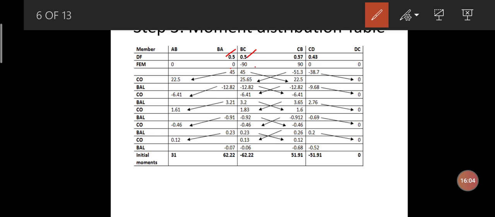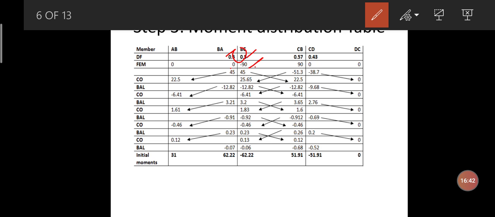So minus 90 is the unbalanced moment, wherein I need to distribute it between BA and BC as per the distribution factors. So if I want to counteract that minus 90, the balanced moment should be equal to plus 90. So plus 90 into 0.5, I'll get 45, and also for BC as plus 45. So that is the balanced moments for BA and BC. So next, coming on to the next